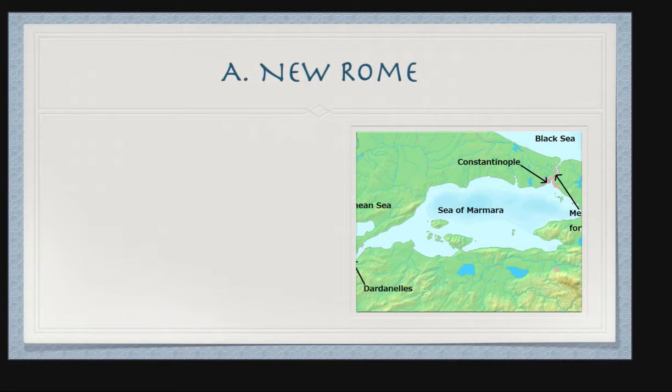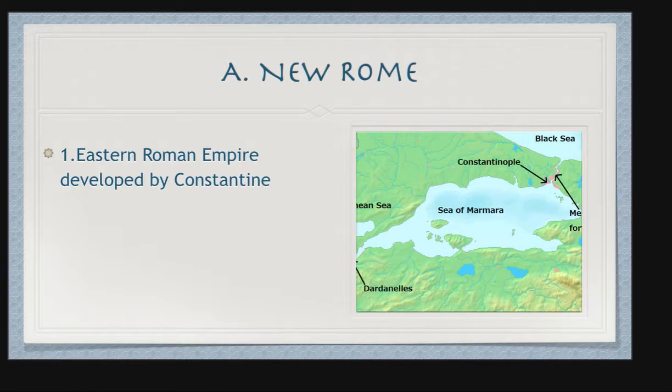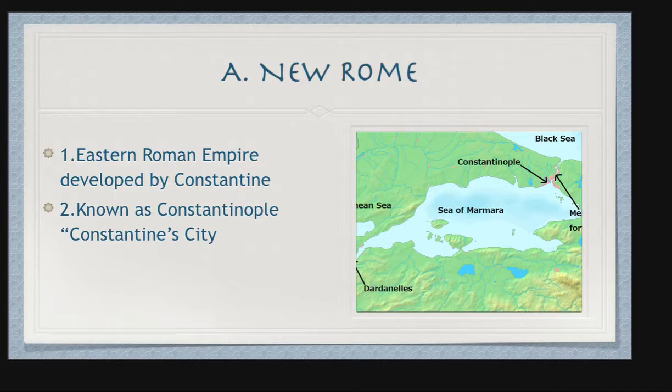So as we talked about before, this is also known as New Rome because we moved the capital city from Old Rome to Constantinople, or New Rome, just off of the Black Sea. And this Roman Empire is going to be developed here by Constantine and established as the main focus of world events throughout this period of history after the fall of Rome. Make sure you understand Constantine brought them over there, and it became known as Constantinople, or Constantine's city.